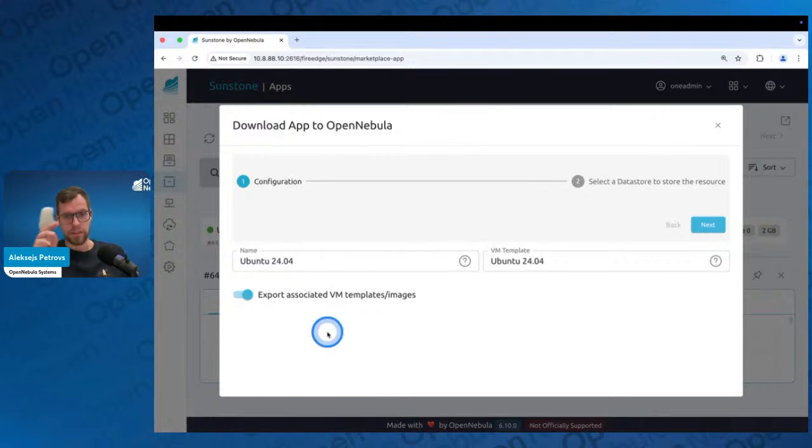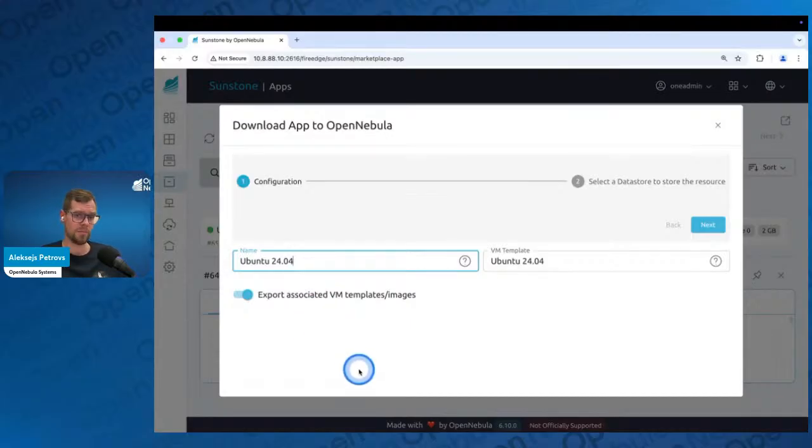So you can find two things here. The naming that you can enter yourself, and also this toggle, which is enabled by default. What is it going to do? It's going to download the virtual machine template along with the image. If there is a virtual machine template that is associated with this image, then it's going to be imported into your data store, which is very, very helpful